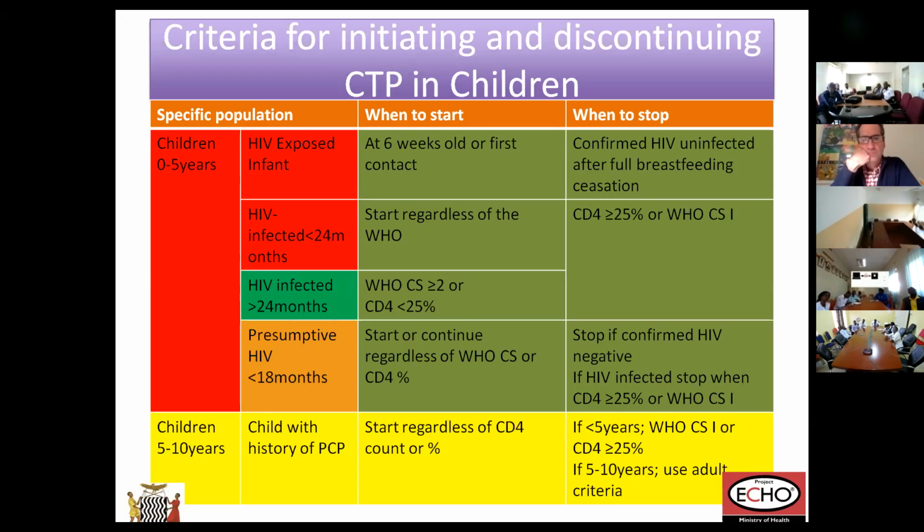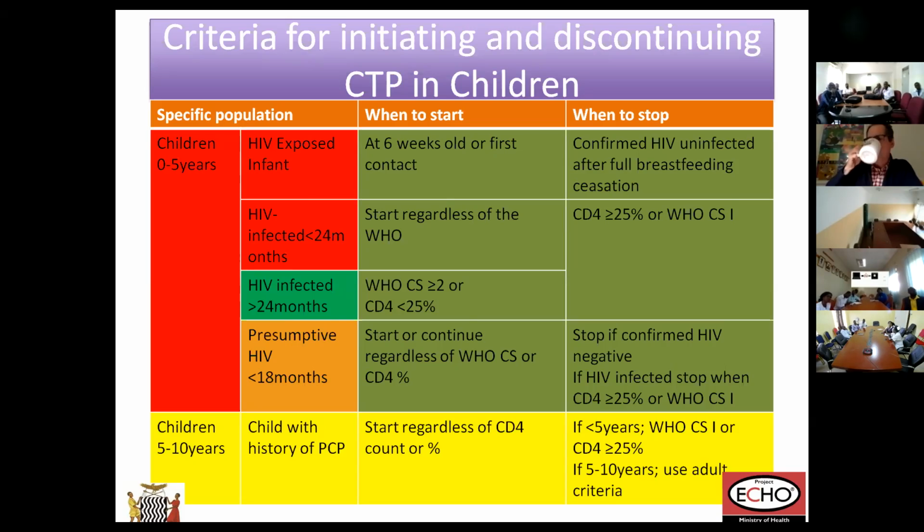And then for presumptive HIV infection in children under 18 months, you start or you continue cotrimoxazole if they're already on it, regardless of the clinical staging or CD4 percentage. And then you only stop if HIV negative is confirmed, or if HIV infected when the CD4 is above 25%